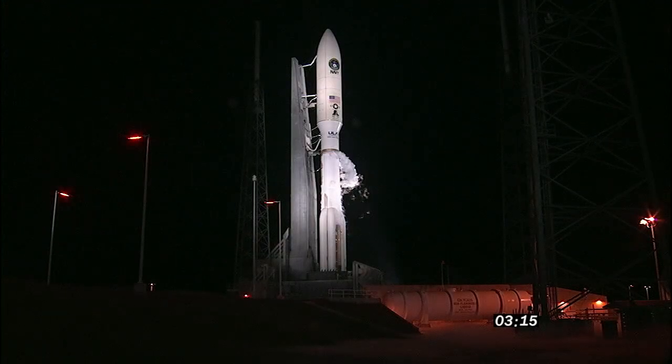Through the terminal count, you'll be hearing the team call out that Atlas LO2 topping has been secured, followed about a minute later by the call out for transferring the Atlas and Centaur stages from ground facility power to internal battery power. At T-minus 1 minute 55 seconds, the team will command the launch sequencer to start, followed shortly by securing the Centaur LH2 and LO2 topping activity. At T-minus 1 minute 40 seconds, the team will command the flight control system to launch enable and arm the